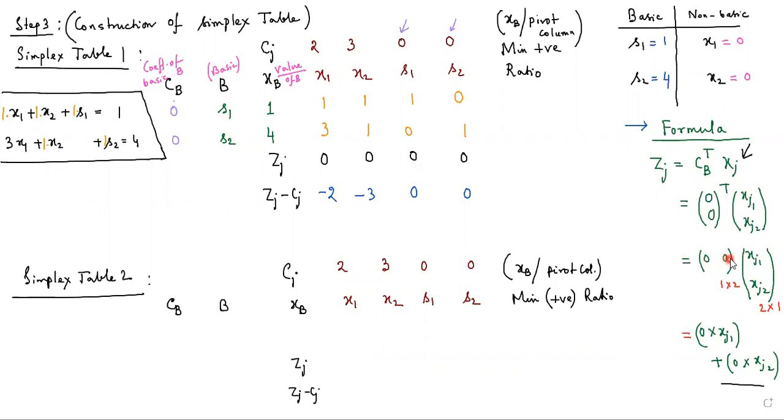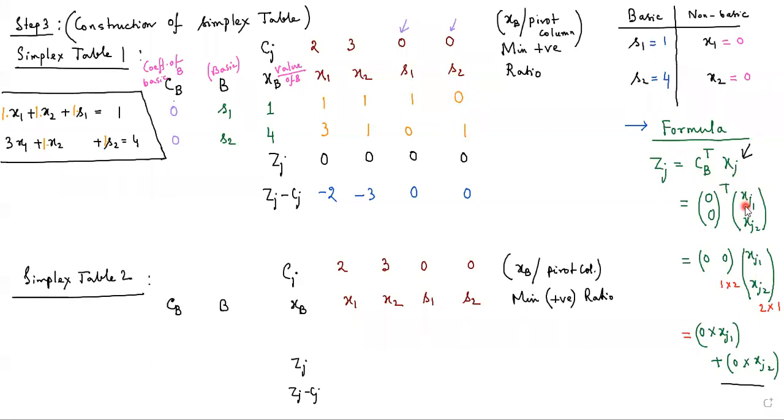How many rows are there in this matrix? Only one row, only one horizontal line. How many columns are there in this matrix? Two columns, two vertical lines. So the number of rows in this matrix is 1, and the number of columns in this matrix is 2. That will be multiplied by the corresponding matrix, which is the column vector present beneath each of the variables. Four column vectors are there: this is one column vector, this is one, this is one, this is one.